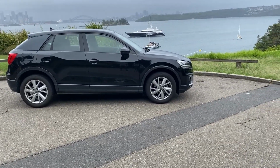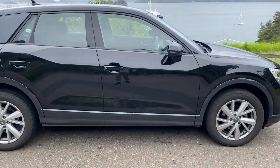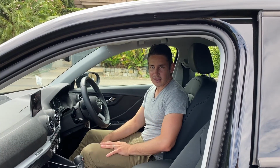So that's the outside of the Audi Q2. Let's find out what it's like inside. Now in the 35 TFSI spec, this doesn't have any proximity key, so you have to use the key fob to unlock the car. So inside the Audi now,